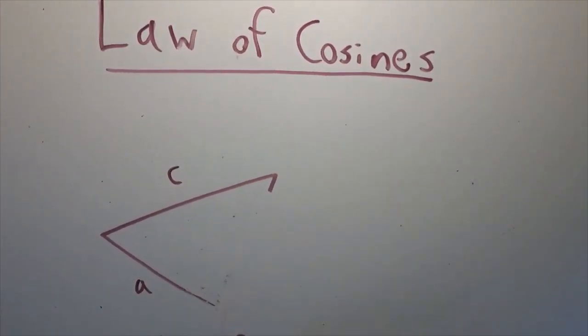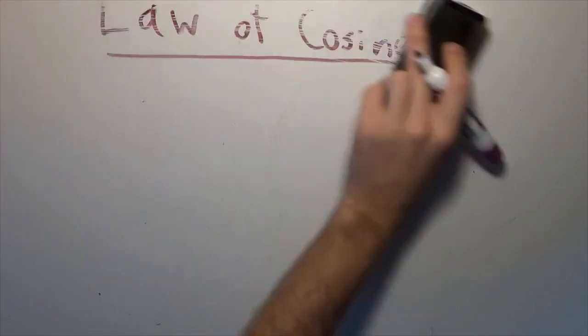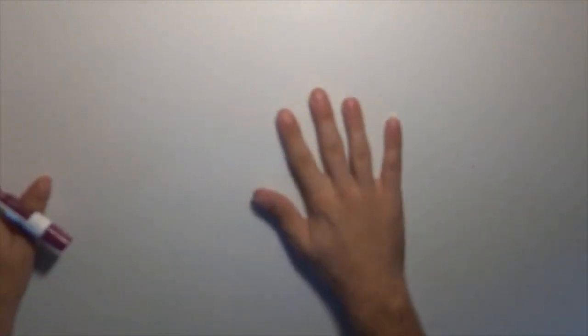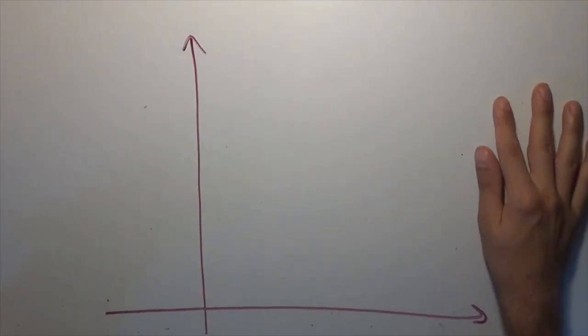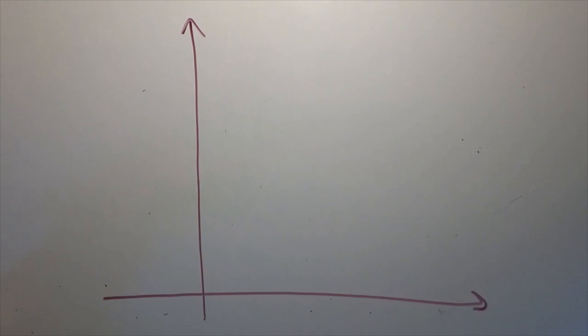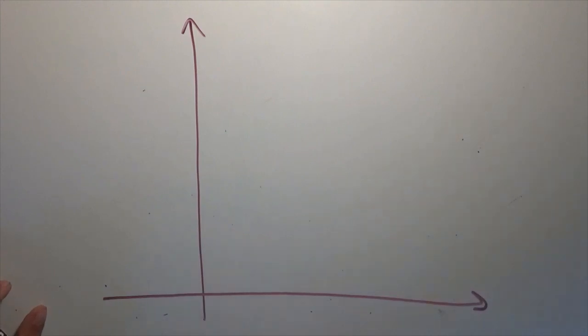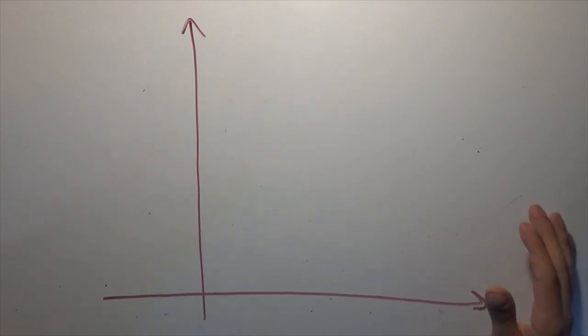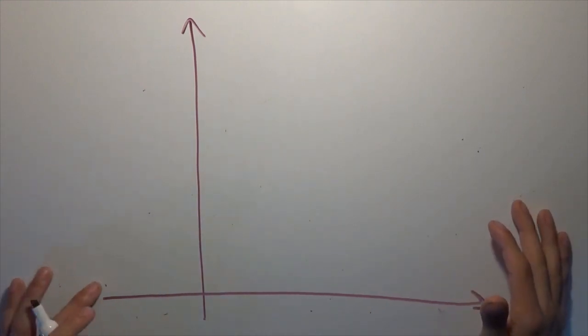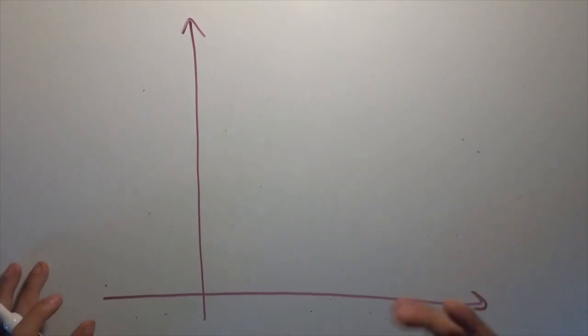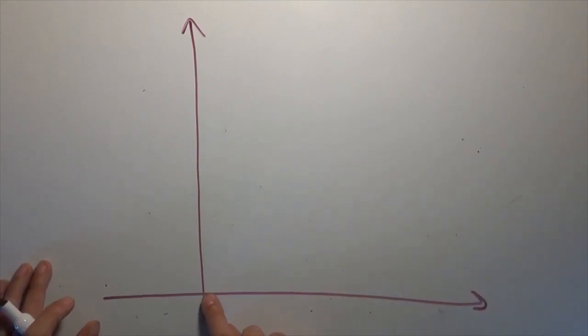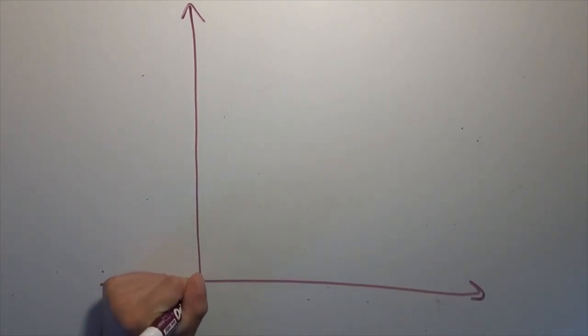And it's not that difficult of a proof. So I'd have to do it with an arbitrary triangle, which is what I'm going to do, but I'm going to do it specifically in the Cartesian plane, the xy plane. Even though I'm picking a specific position, this is still going to be a general argument, because think about it. Any triangle in the Cartesian plane can be moved physically without changing its shape anywhere in the plane, and it will still be the same triangle, just in a slightly different place. So what I'm going to do without loss of generality is fix one of the vertices of the triangle to the origin of the graph at 0, 0,